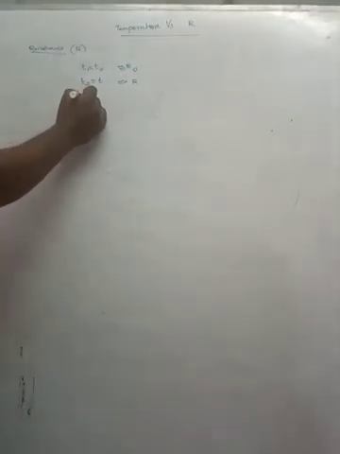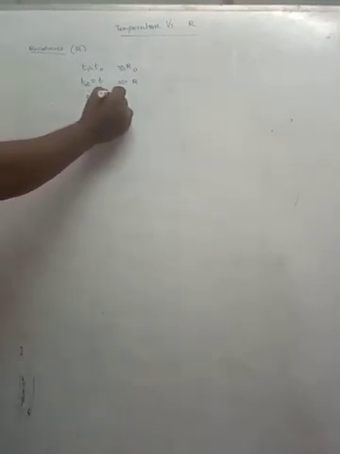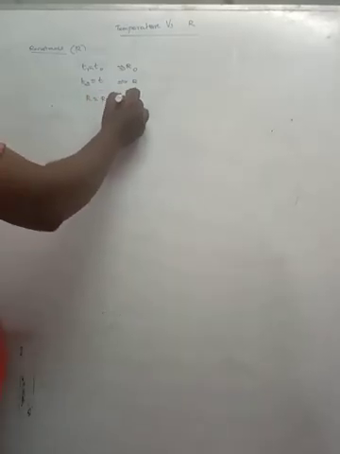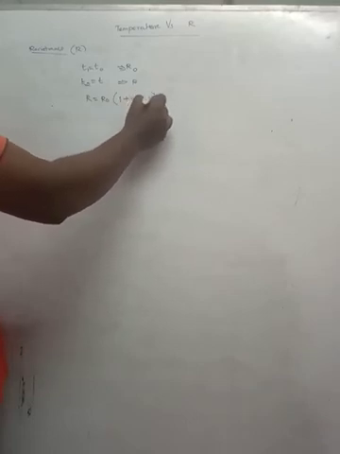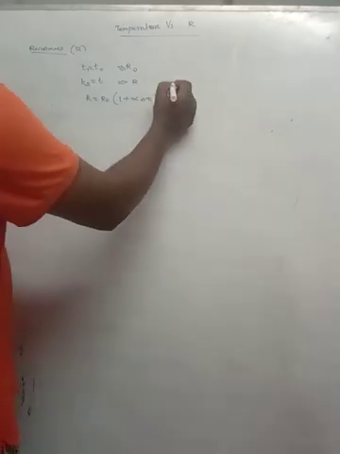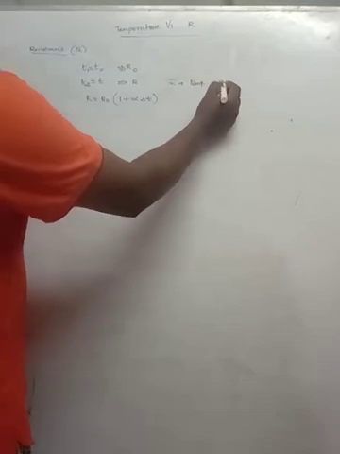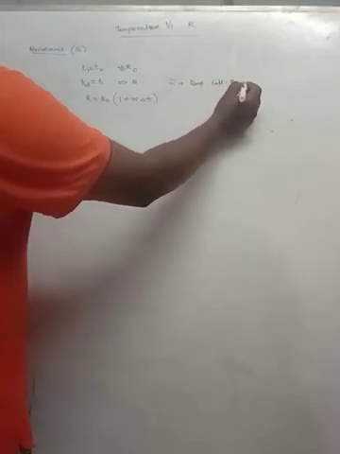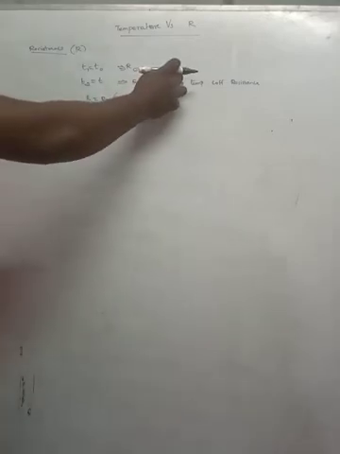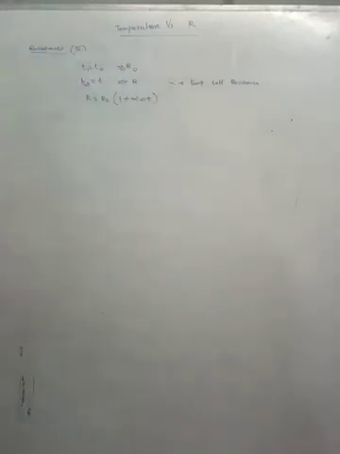So the resistance at a particular temperature can be calculated by the formula R is equal to R naught into 1 plus alpha delta T. There we have taken alpha bar, here we have taken alpha. Alpha bar is the temperature coefficient of resistivity, alpha is the temperature coefficient of resistance, that is the main difference. Here we are going to take alpha, the temperature coefficient of resistance.